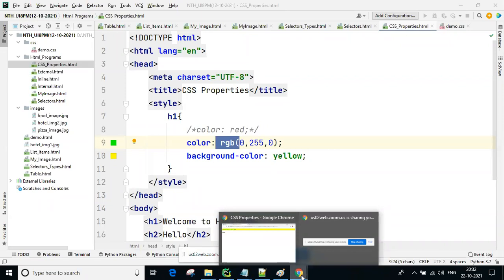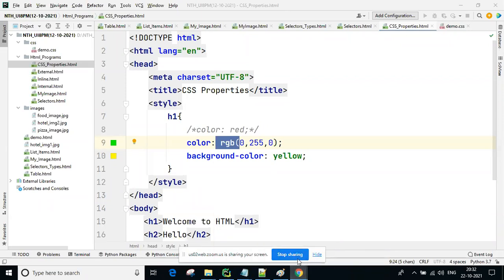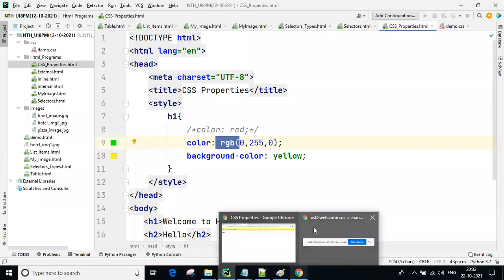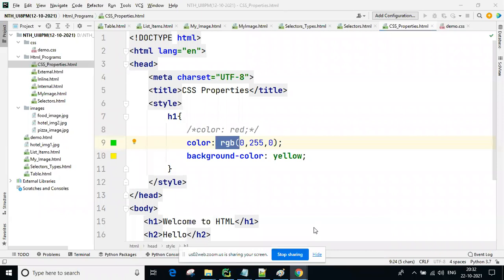Guys, are you getting my screen? I'm getting doubt. I'm not getting your screen. Am I audible? Okay, now. So using RGB, we can use all the colors.